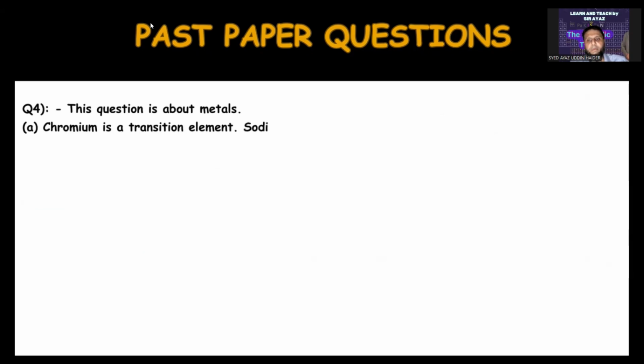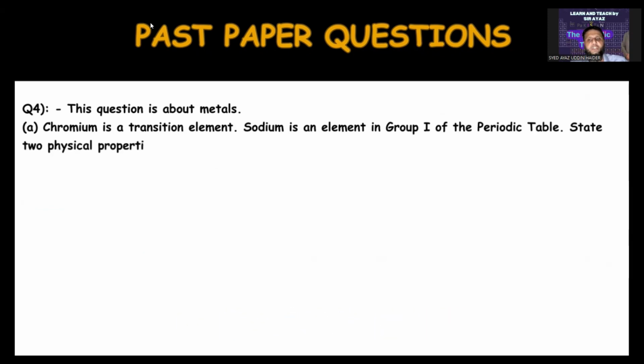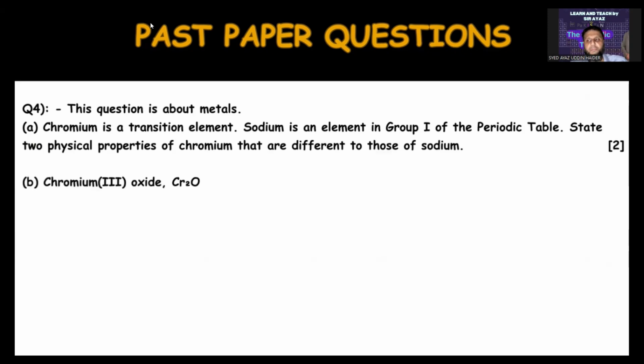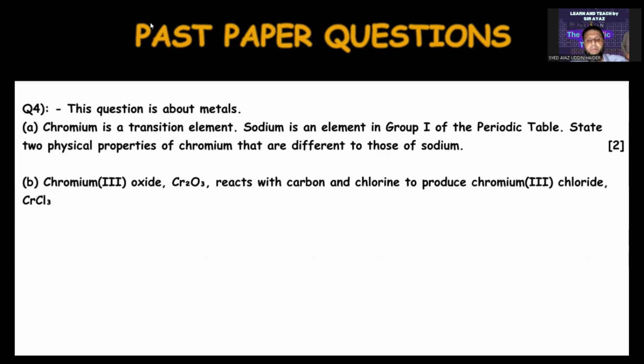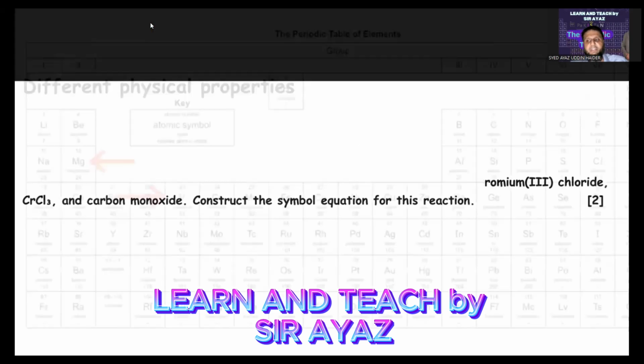fluorine. Now question number 4, this question is about metals. Part A, chromium is a transition element. Sodium is an element in group 1 of the periodic table. State 2 physical properties of chromium that are different to those of sodium. Now you have to write 2 properties of chromium which are different to those of sodium. So 2 marks. Part B, chromium 3 oxide Cr2O3 reacts with carbon and chlorine to produce chromium 3 chloride CrCl3